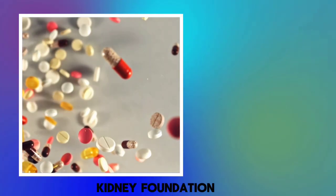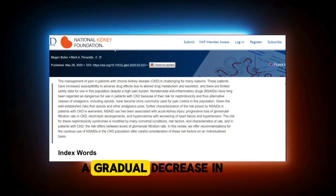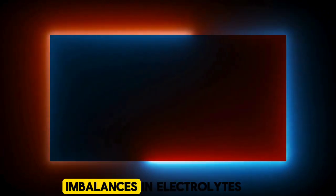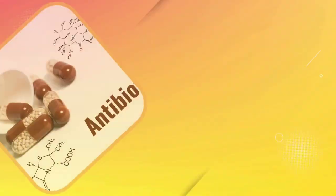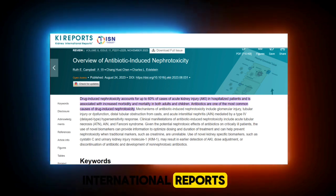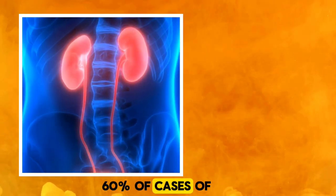According to the National Kidney Foundation, using NSAIDs can lead to sudden kidney damage, a gradual decrease in kidney function in people with chronic kidney disease, imbalances in electrolytes, and increased fluid retention, with worsening heart failure and high blood pressure. 5. Antibiotics. According to the Kidney International reports, drug-induced nephrotoxicity accounts for up to 60% of cases of acute